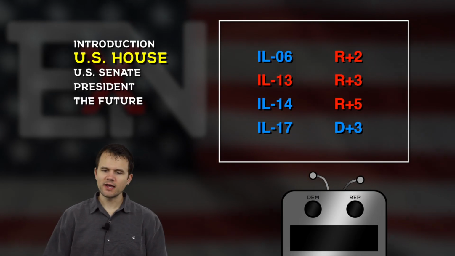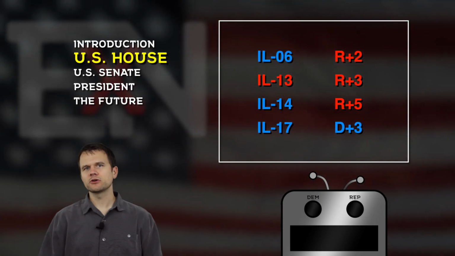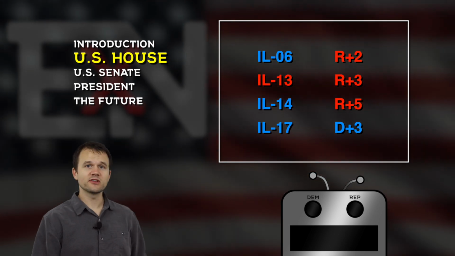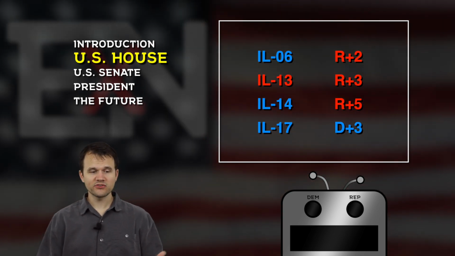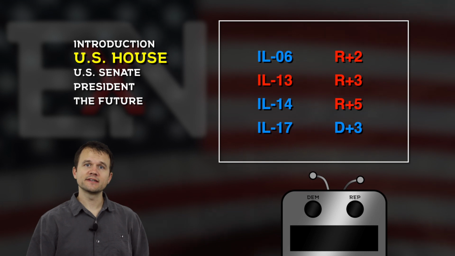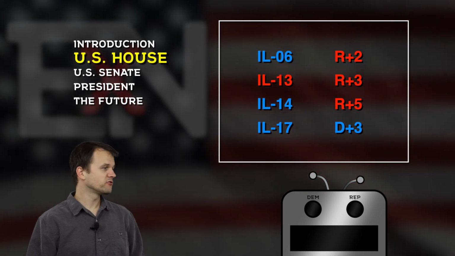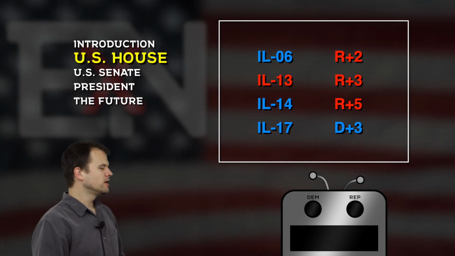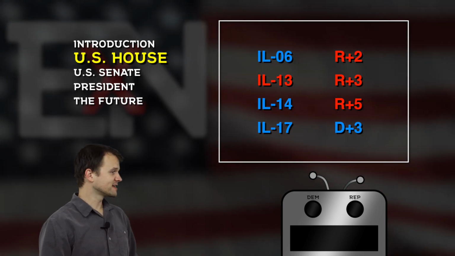Okay, let's toss that aside, and I think I'm going to do this similarly to the way we did for New York a couple weeks ago, where Paulbot will help us with this. We'll take one district at a time, and he'll give us how we projected that each of these is going to vote in November. So, Paulbot, let's take this one at a time. Let's start with Illinois 6. We'll just do them in order.